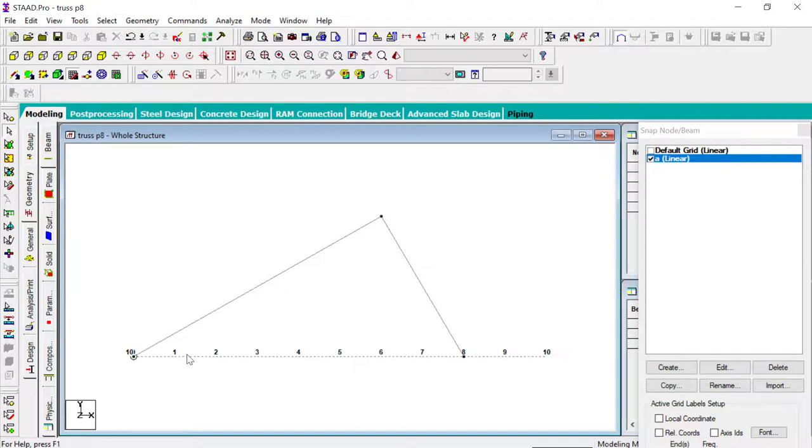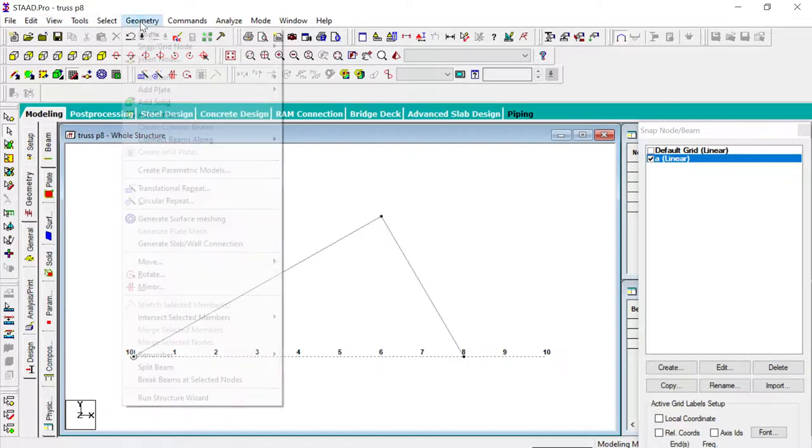We need not have the beam in the form of fractions of 6 meter and 2 meter. If you do not delete this bottom beam, then STAAD will analyze the structure as fractions of 6 meter as well as 2 meter. So after getting the apex value, you just need to delete these bottom beams.